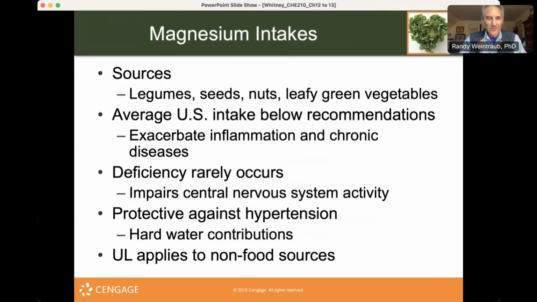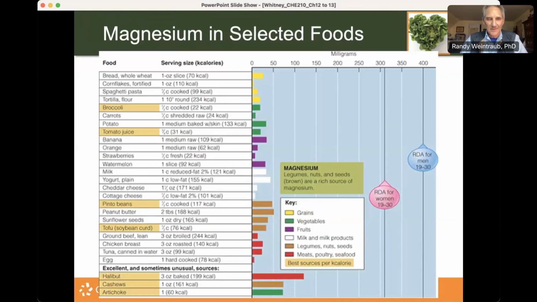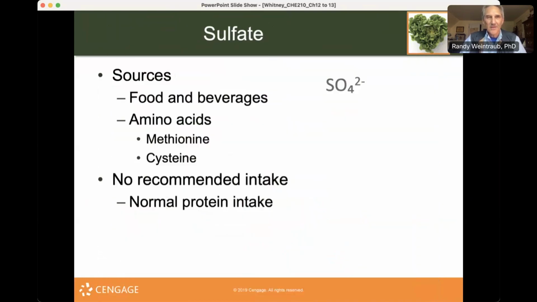Hard water means mineral-filled water. It's with some of these minerals we're just discussing: magnesium, calcium, and some good sources of magnesium in foods. Some fish, nuts, and some vegetables. So varied diets.